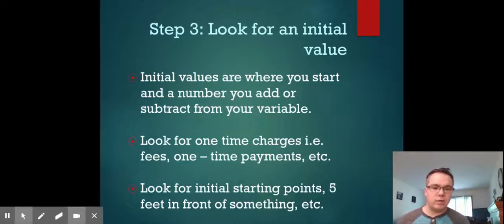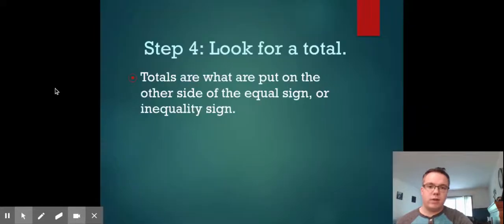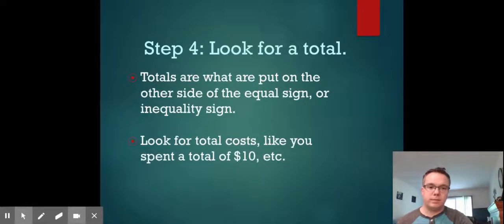So starting points, one-time fees, anything that's a one-time thing, that's going to be our starting point, and we're going to add that on. So we declared a variable, we multiplied that variable by a rate, and we added on an initial value. Step 4 is to look for a total. We're not going to have any inequalities. We're only going to have equal signs. So we're going to look for something that is something. Our total is